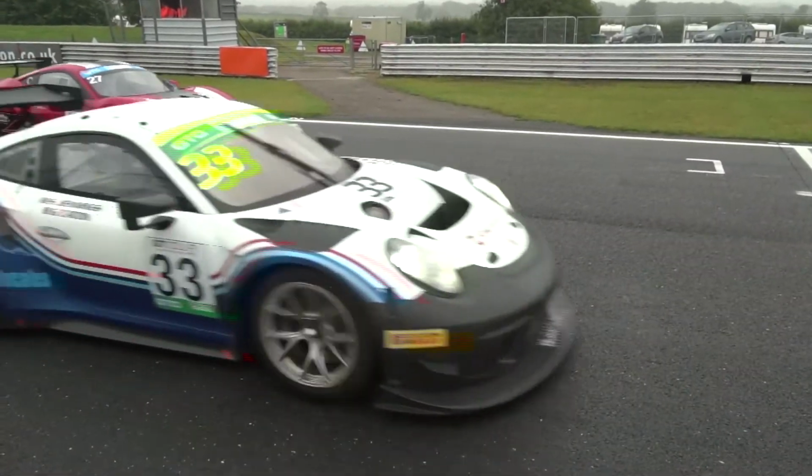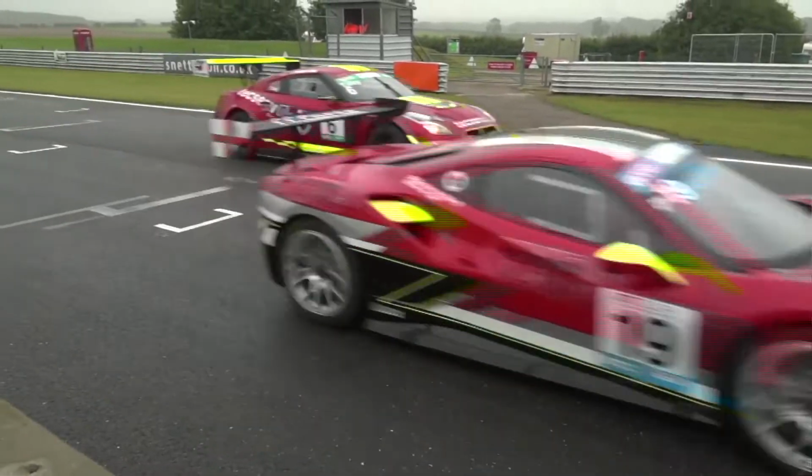As the cars now head off onto their final formation lap around Snetterton, let's have a look at how the full grid lines up. It's John...